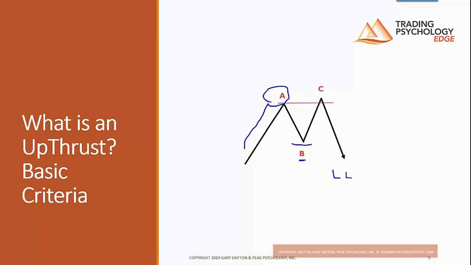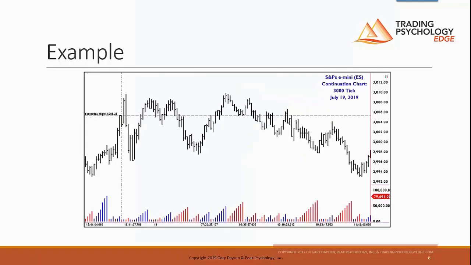All right, so let's take a look at an example. Here's a recent example, actually a couple of examples of upthrusts in a sell-off in the S&Ps last month. I'm using a 3,000 tick chart where each bar represents 3,000 trades rather than, say, 5 minutes or 3 minutes. It's done by the activity of trades, and then the volume is aggregated. Why do I use a 3,000 tick chart? Because